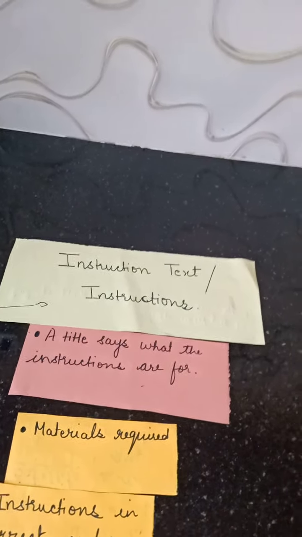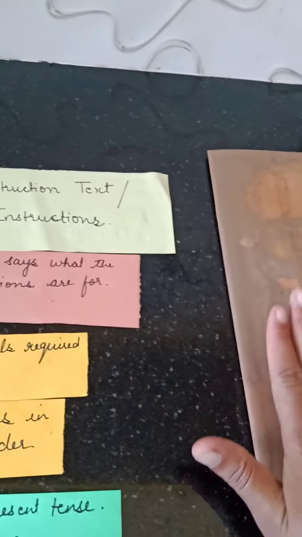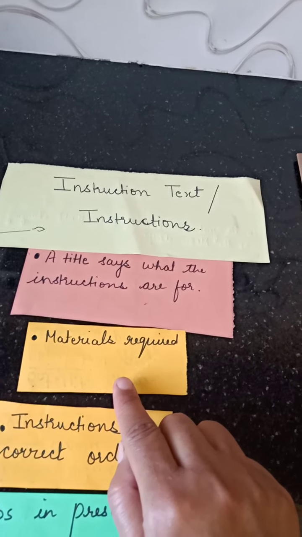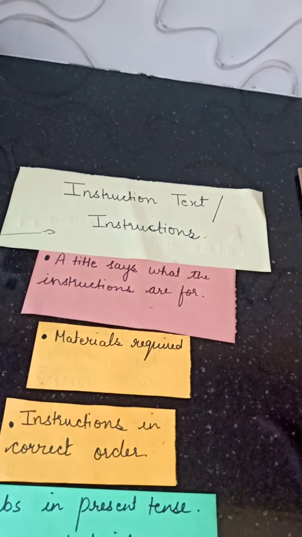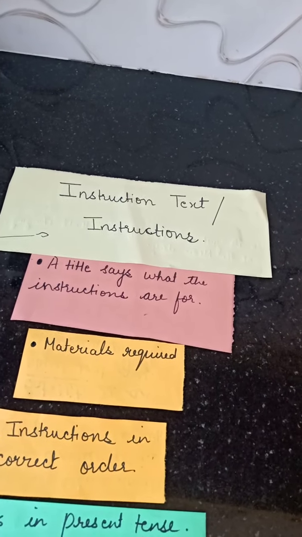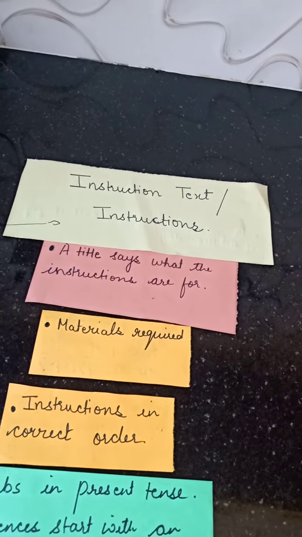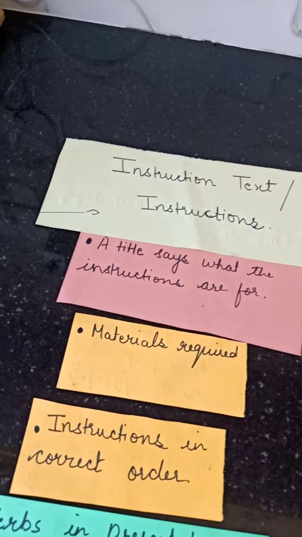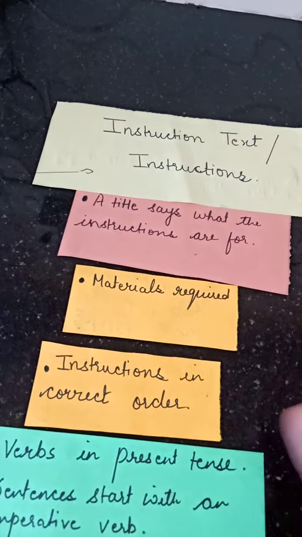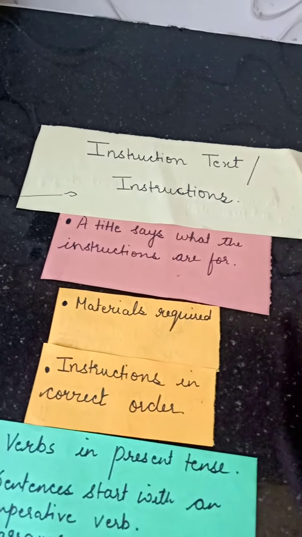Then you have to think what will be the title for this activity. Then the second one is materials required. You have to write what all materials are required for this activity. I had discussed the materials required, I'm not saying it again. I want you to do it on your own, and then you have to give the instructions in